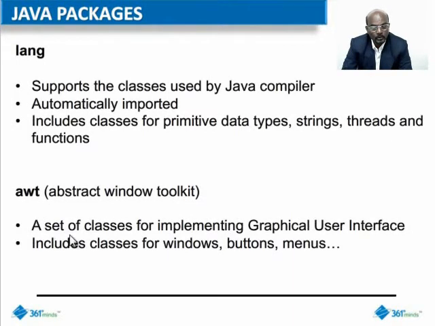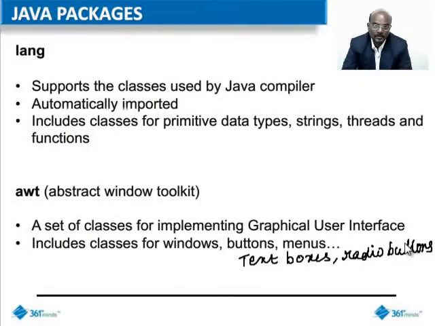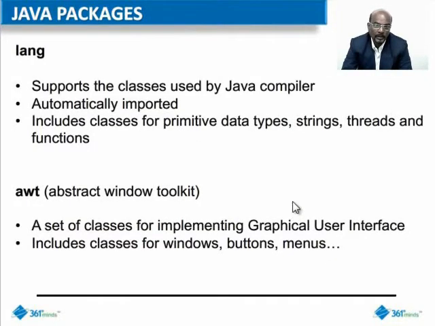Then you have the AWT, or the Abstract Window Toolkit package. This package is used for creating applications that have a graphical user interface. So what type of applications will you use it for? Maybe you will have a form or a frame, in that you'll have text boxes, labels, radio buttons, and buttons to submit, then buttons to reset. Moreover, it will be used for event-driven programming, wherein you generate an event by clicking a button. For these kinds of operations, you will have to create separate forms in the GUI mode, for which you need to import the AWT package.